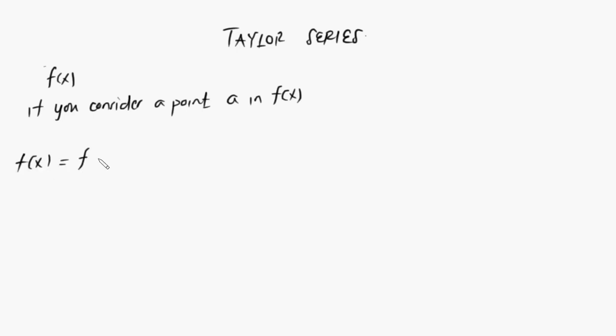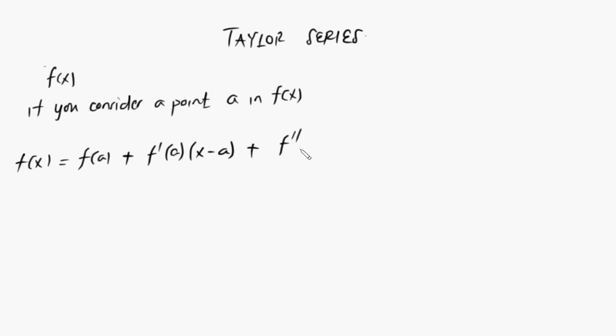Alright, welcome again to another tutorial on the topic of differentiation. Now, let's say you have a function f(x). If you consider a point a, then f(x) can be written as f(a) plus the first derivative of f at a times (x minus a)